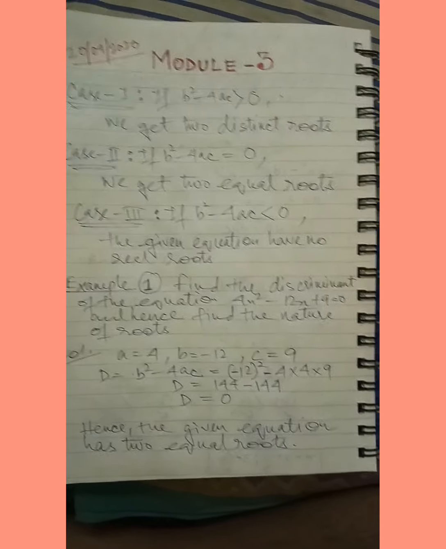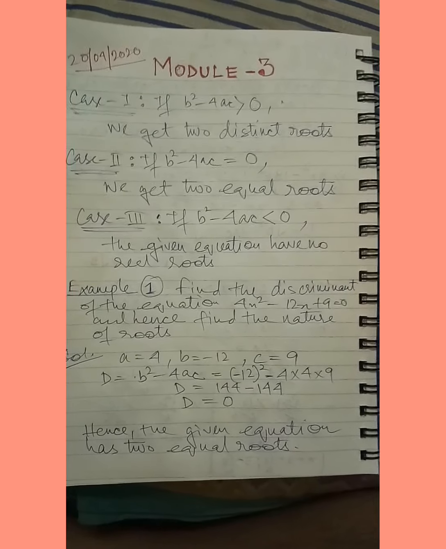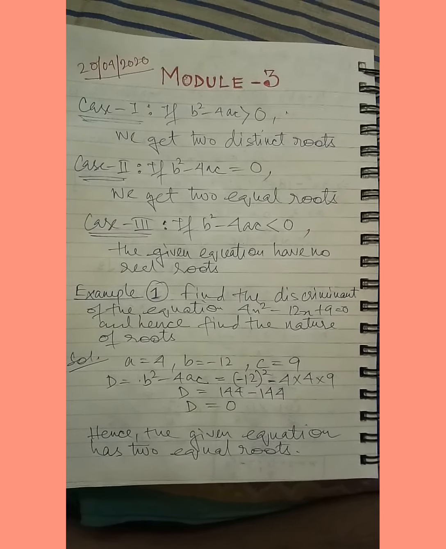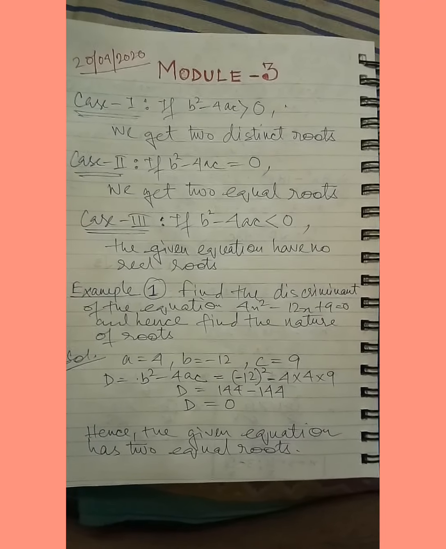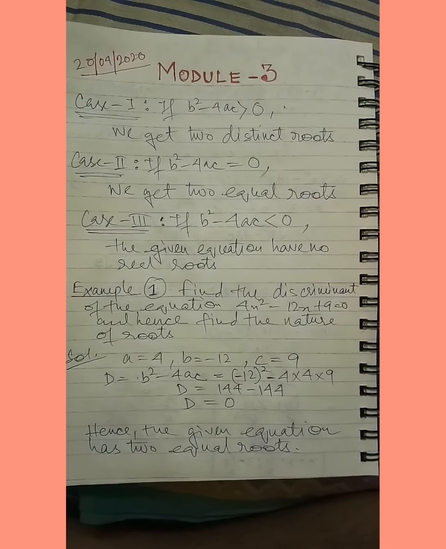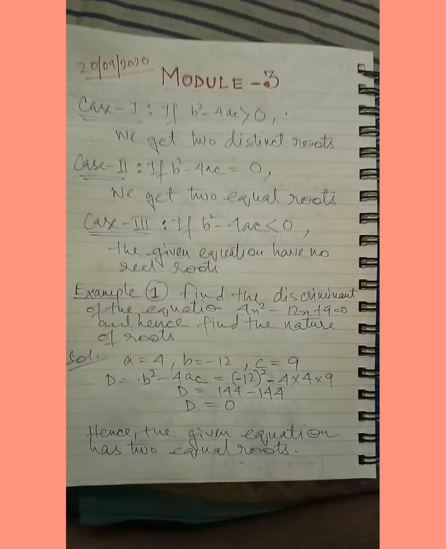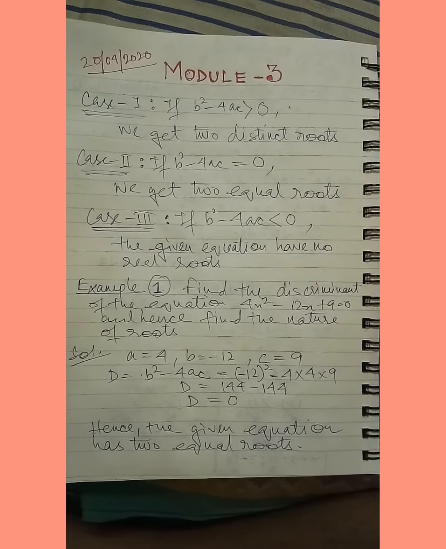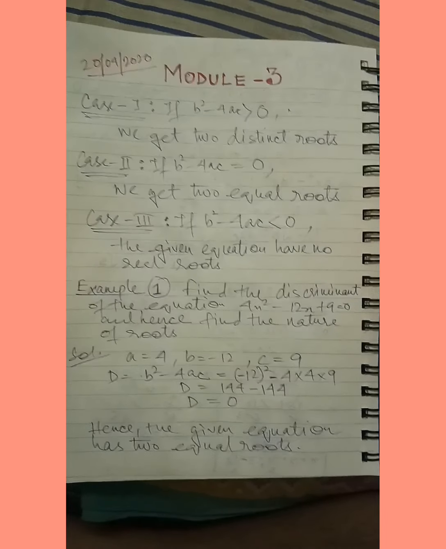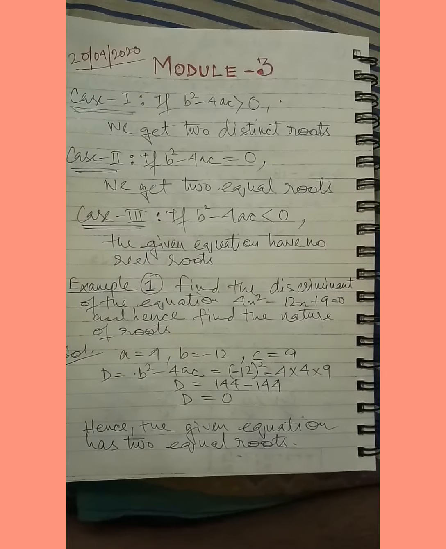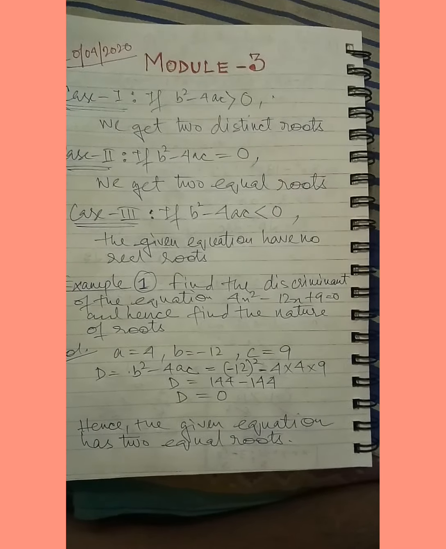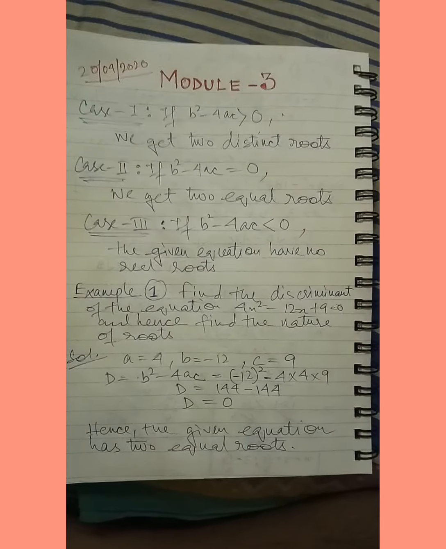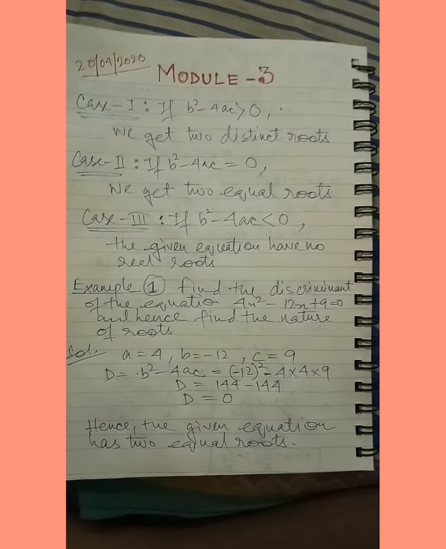Last module I gave some homework also. That solution part I have done in the PDF. I'll be forwarding it in the WhatsApp group. You can check the answers and the steps from there. See the steps properly, each and everything. Different types of sums are being done. Try to do the same sums or different types of sums from the book only. If you are not getting the book, I am giving the image of the exercises, and you can try from there.